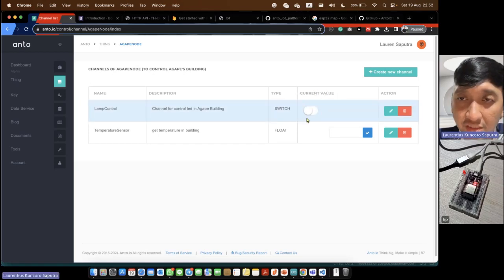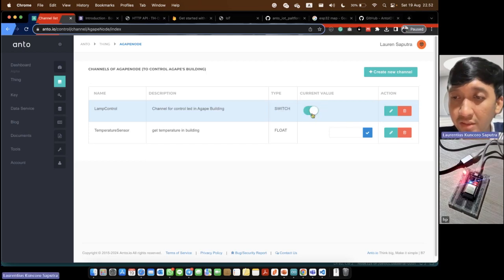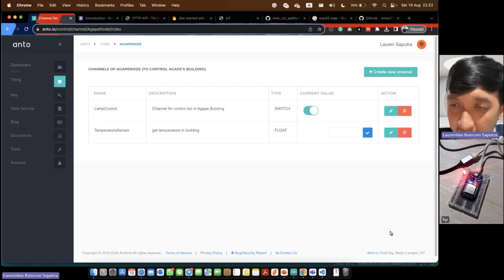You can see the current value is off, or 0. If we toggle this button, okay, the value is 1. So you can see that my ESP32 LED is on now.